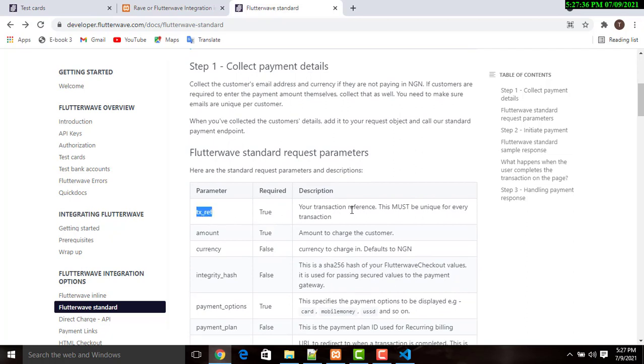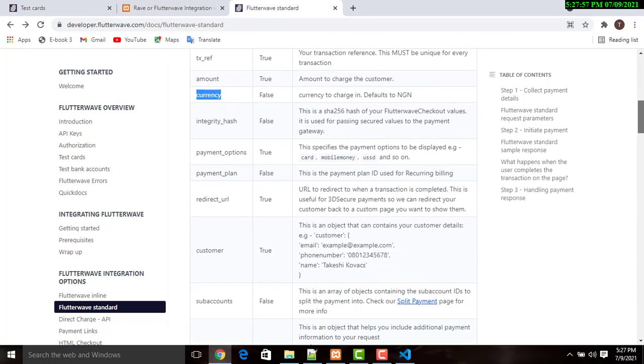We're going to need this text ref, which is going to be the transaction reference that must be unique every time a payment is being completed. Okay, we're going to need this. We're going to find a way to generate this automatically, and then we're also going to need an amount, and we need a currency. We're going to set this currency, and another thing that we'll need is